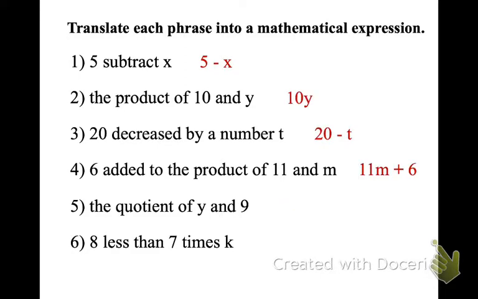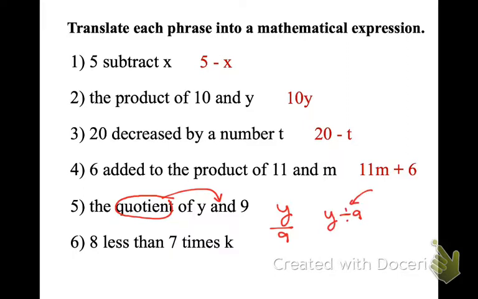The quotient of y and 9. Okay, go Bryce. I put quotient in, and what does quotient mean? Divide. Division, so good. Divide. So it's y over 9. Y over 9. I like the way he said it. Y over 9. And we can also write that as y divided by 9, but we don't really use that